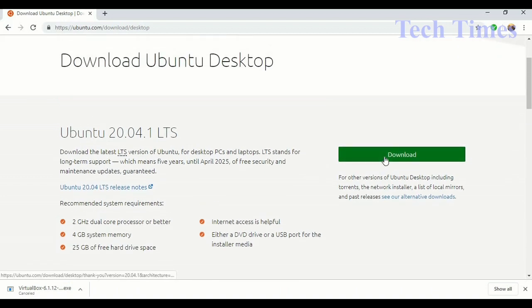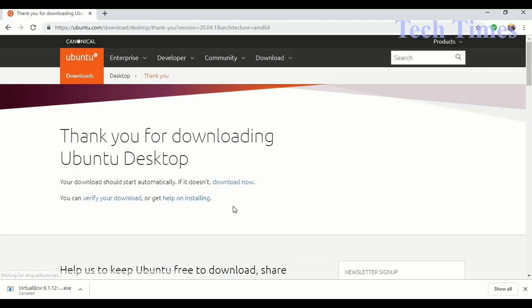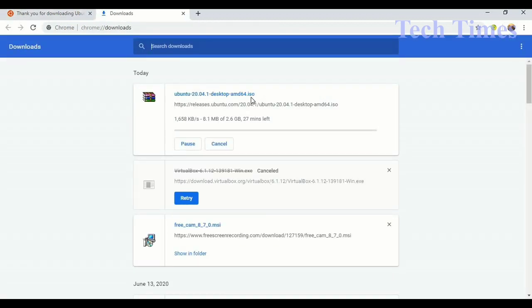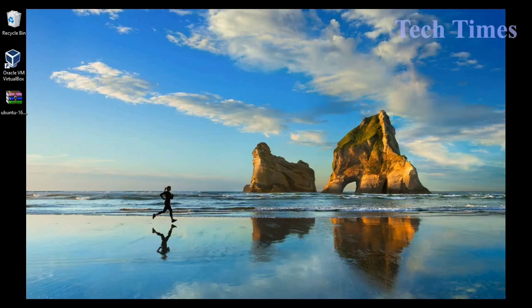If it is feasible, then you can click on download. This will start downloading ISO file for Ubuntu 20.04, which is the version which was showing on the website. I have already downloaded for 16.04 and it is available on machine. I'm going to hit cancel for that now. I'm not going to download it. Oracle VM is already installed, so that this downloads an exe file. You can go ahead and follow same steps and it will install it.